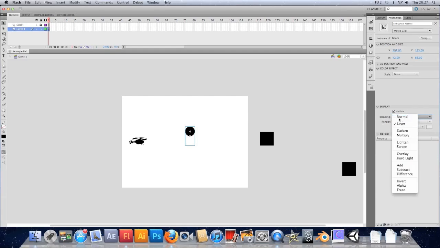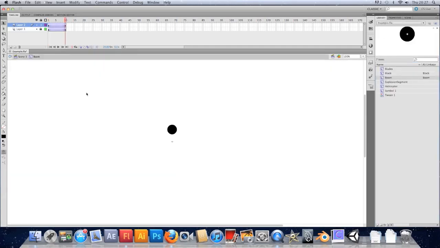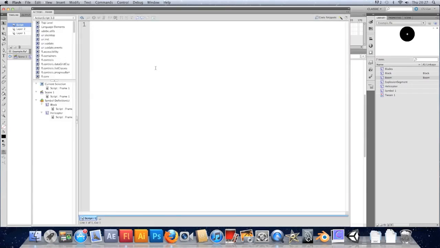I'm not actually going to do it there though. I'm going to swap that back to normal. In fact, I'm going to delete that. I'm going to go back to it in the library, and I'm going to set the blend mode in code. So I'm going to add a new layer, call it script, and in there I'm going to get to the actions, and I'm going to set the blend mode by typing blendMode with a little b and a big M, blendMode equals, and then in quotes just type layer, all in lowercase, and that will set the blend mode